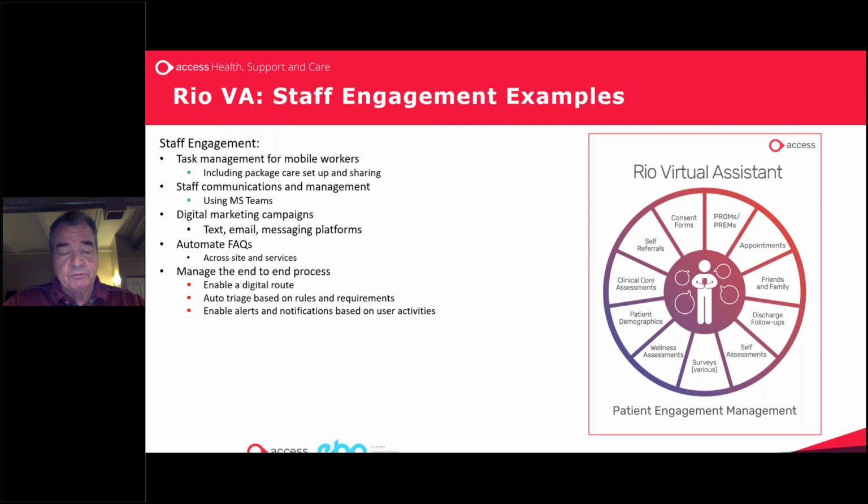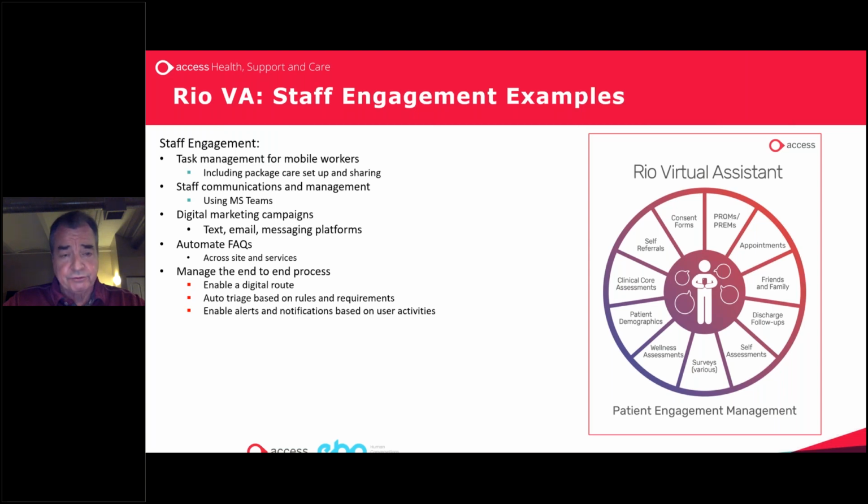And then within staff engagement as well, because the solution is not just for patients, but it's also for staff. The staff can engage with the system, for instance, for mobile workers for task management and actually taking assessments in situ with the patients at home. Staff communication capability, the solution is fully integrated within MS Teams, so you can have a collaborative staff engagement capability using the system itself. Digital marketing campaigns, we can send out